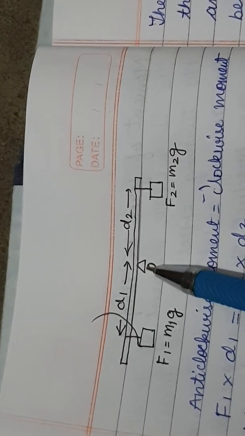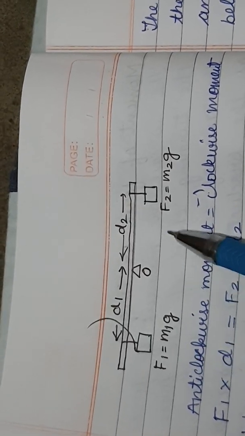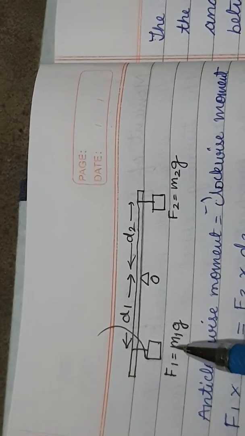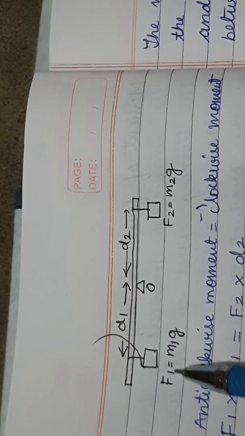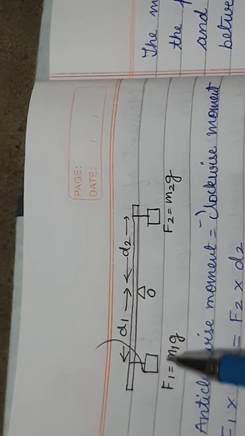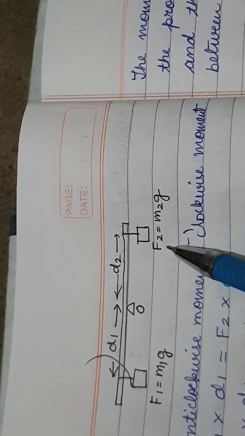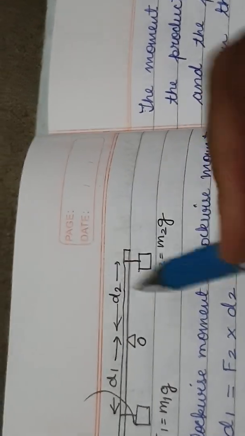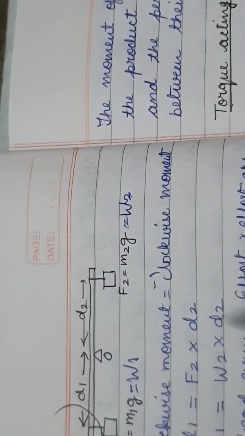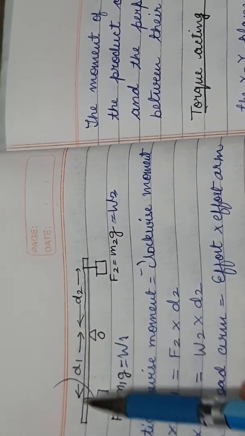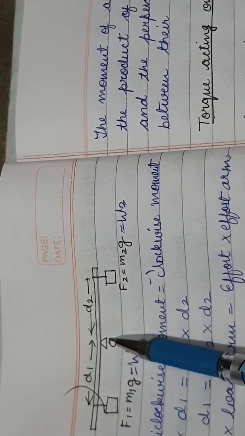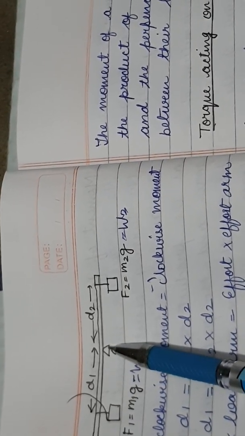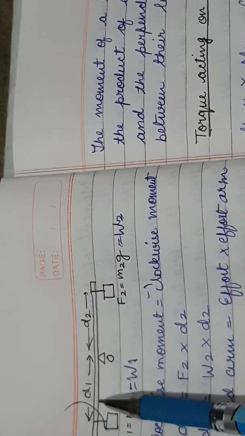We have a rod, and this is the point O about which it is free to rotate. Now two forces are acting on it. These forces are the mass of the first body into g, that is the weight of the first body, and the second one is F2, which is equal to the weight of the second body, M2g, and we can write them as W1 and W2 respectively. And the distance of these points from the axis, from the point of rotation, is d1